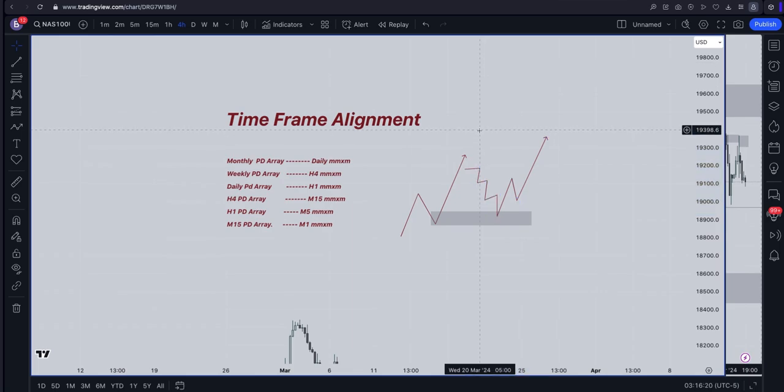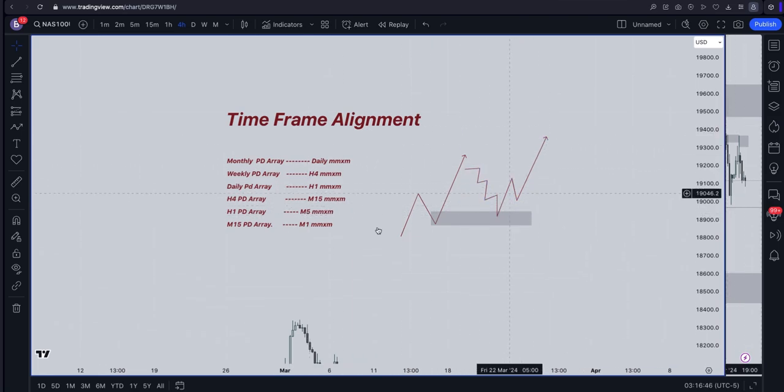You need a high time frame. You can't just focus on one time frame. 4 hour now becomes your higher time frame, and 15 minutes becomes your entry time frame. You understand? I choose 4 hour and 15 minutes because these are my two favorite time frames, right? But the same example goes for 1 hour and 15 minutes.